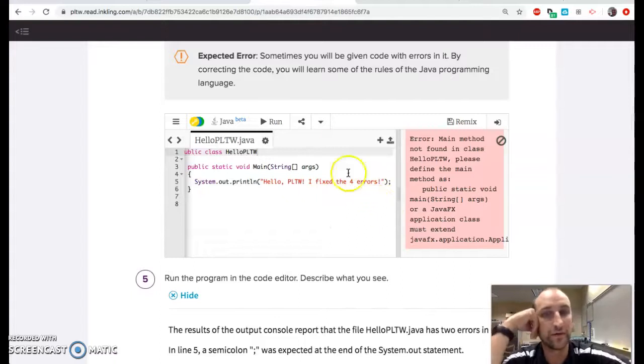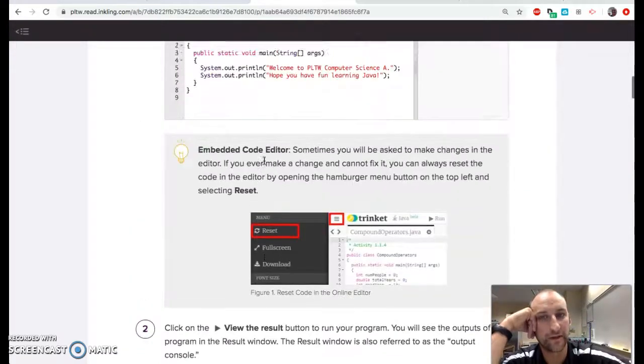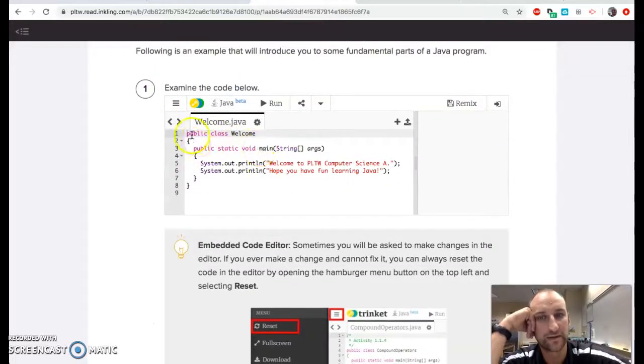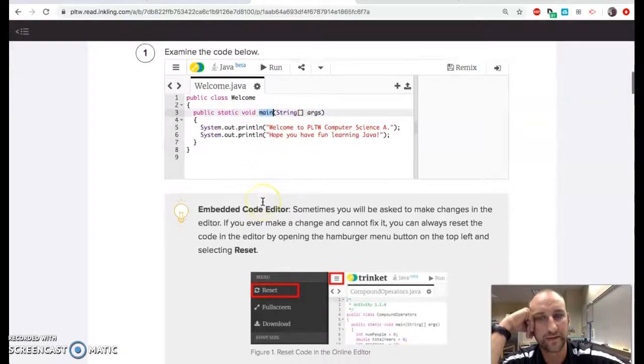If you don't know that every class has to have a main method, you go back up here to the example and you're like, oh wait, this said public class welcome, that matched. It said public static, we'll talk about that later. Void, we'll talk about that later. Main. That's where the word main comes in. We'll talk about all these other things, but